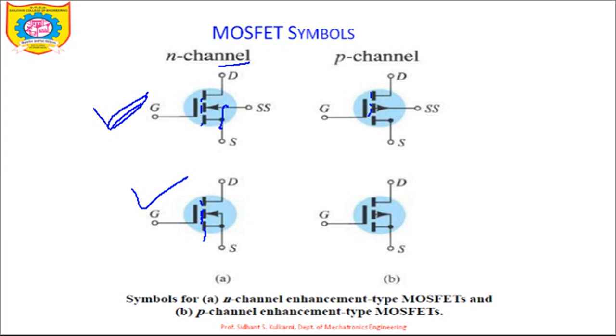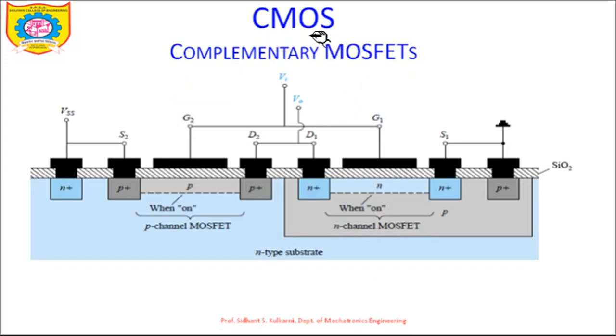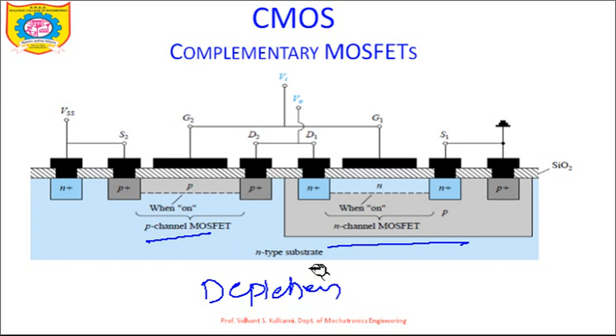Now the next point is complementary MOSFET, CMOS. Complementary MOSFET is no different thing. It is just the combination of P channel MOSFET and N channel MOSFET, where the channel is already present, so this is a depletion type, where conduction happens through the channel. Here one source is connected, gate is connected to gate, drain is connected to drain, and of these sources, one source is grounded and to the other the power supply is given. It operates on the same concept which we have studied in the depletion type MOSFET and enhancement type MOSFET.